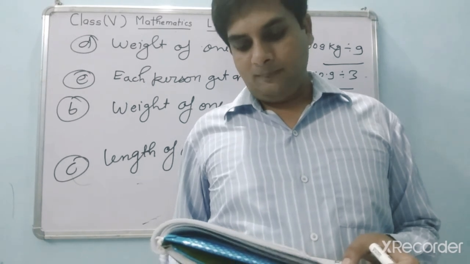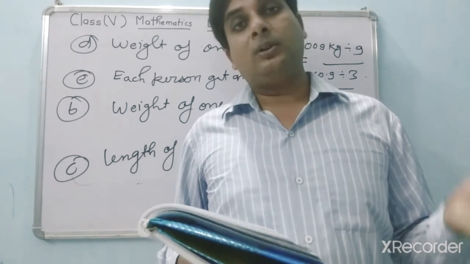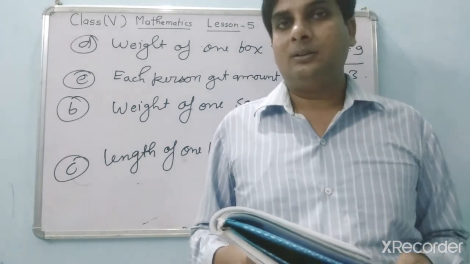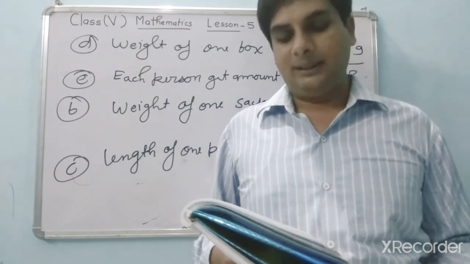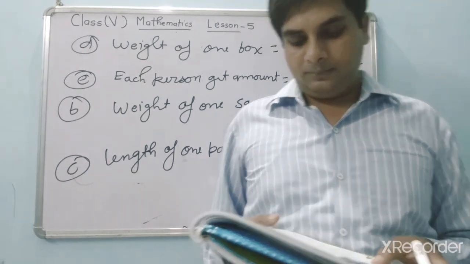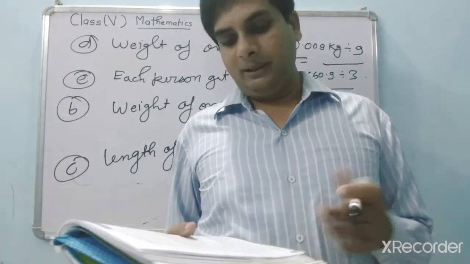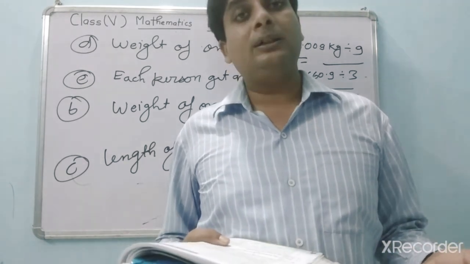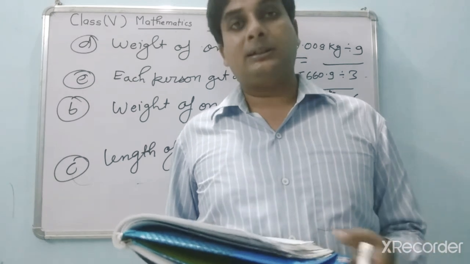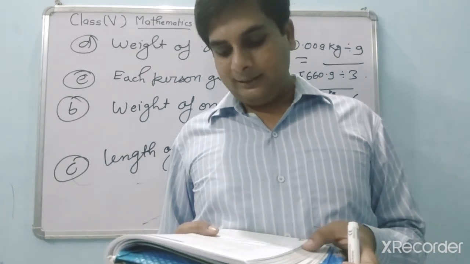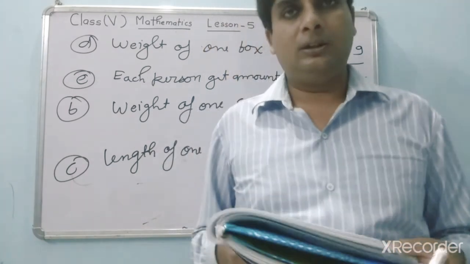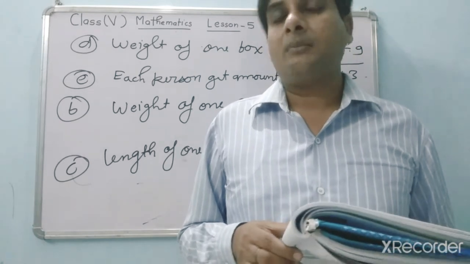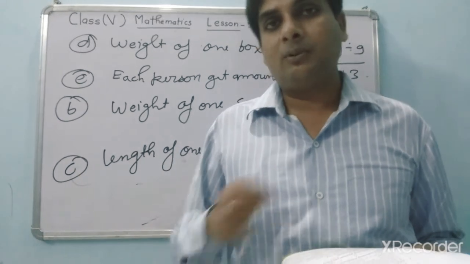Next one, convert decimal into fraction. Already know how to convert a decimal into fraction. Okay, divide by how many places after the decimal? 1, then 10, by 2 places, then 100, like this. Then what is the number given in words? You have to write the number in decimals. Next question, given in decimal, you have to write in words. Next, write the following decimal numbers in descending order. We have discussed how to write in descending order. Descending means from bigger to smaller, and ascending means from smaller to bigger.